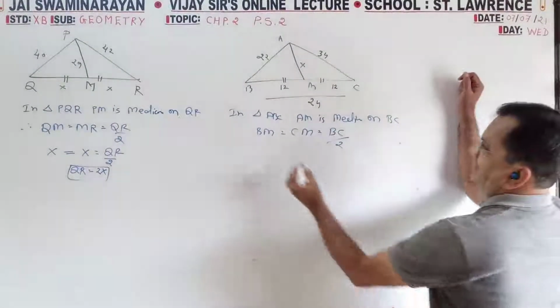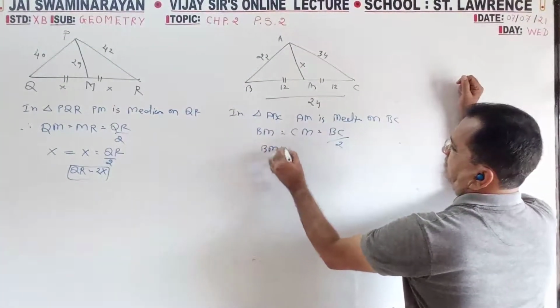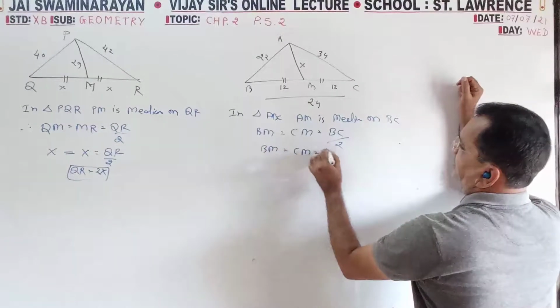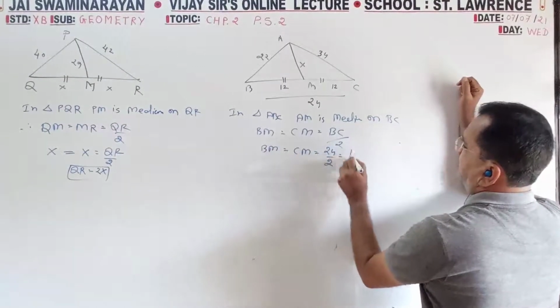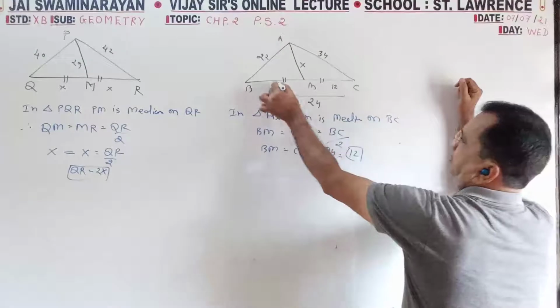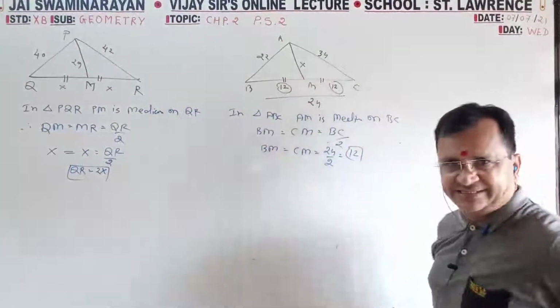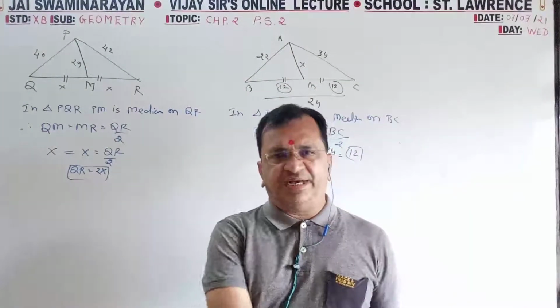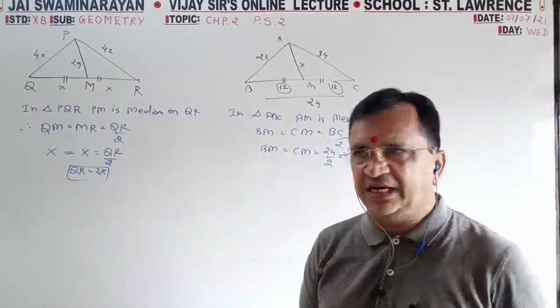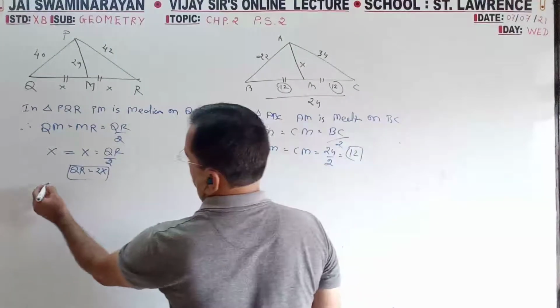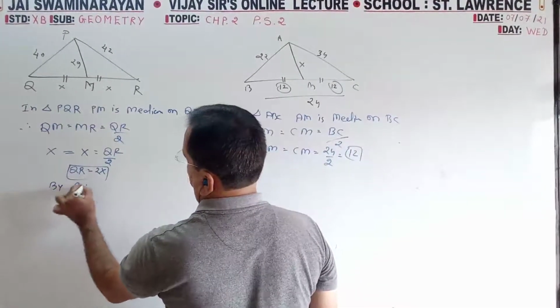Here BM, CM, 24 by 2, it is 12. So how you got this 12? How you got this X, X? Now by Apollonius theorem, directly write down the formula, substitute and find out the answer. So by Apollonius theorem,